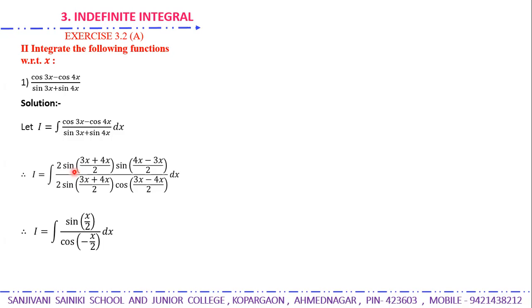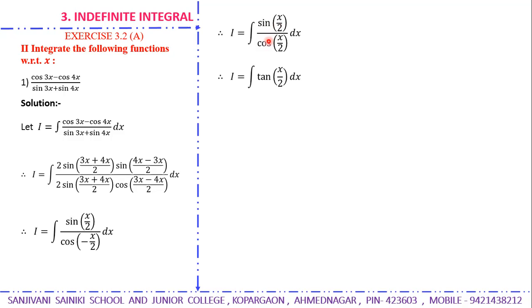So you get this 2 will cancel, and this sin 7x by 2 upon sin 7x by 2 also will cancel, and what you will get: sin 4x minus 3x is x, so sin x by 2 will remain, and at the denominator you will have cos of minus x by 2, but cos of minus theta is only cos theta, so there is no problem for the minus sign. I is equal to the integral of sin x by 2 upon cos x by 2, which is tan x by 2,